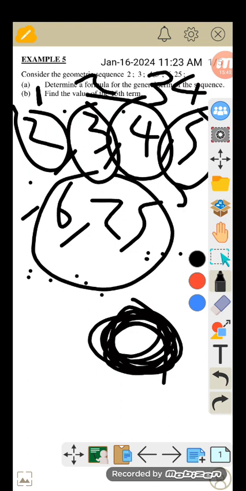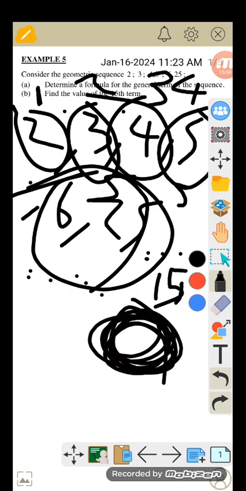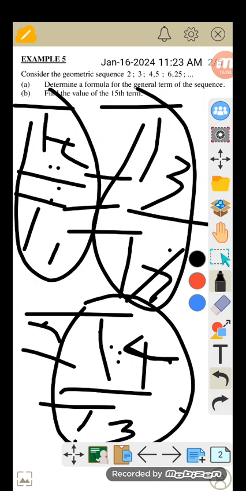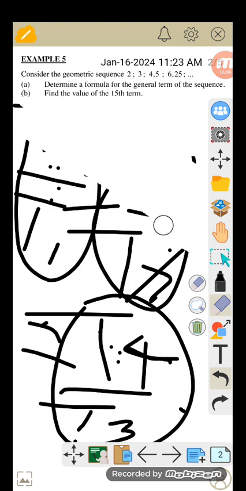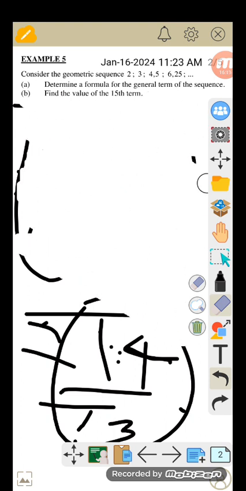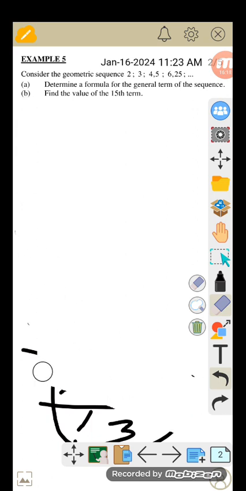Of the fifth term, this is 6.25. As we continue with our sequence, we reach term number 50, the value of which we don't know. In order for us to know what it is, remember, guys, n is what gives us the position. So if I want the value of the first term,